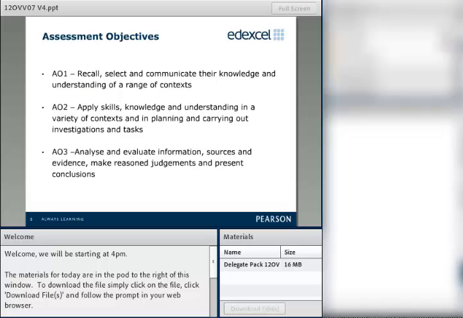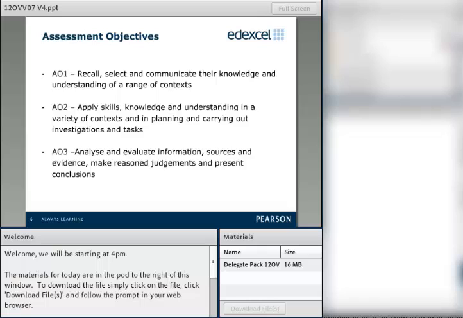Thank you. Okay, right. Well, let's get straight on to things and procedures. The GCSE is really just establishing 3 assessment objectives. We've got AO1, AO2 and AO3. These can be found at the back of the specification. So these are the ones that are being tested in this unit.